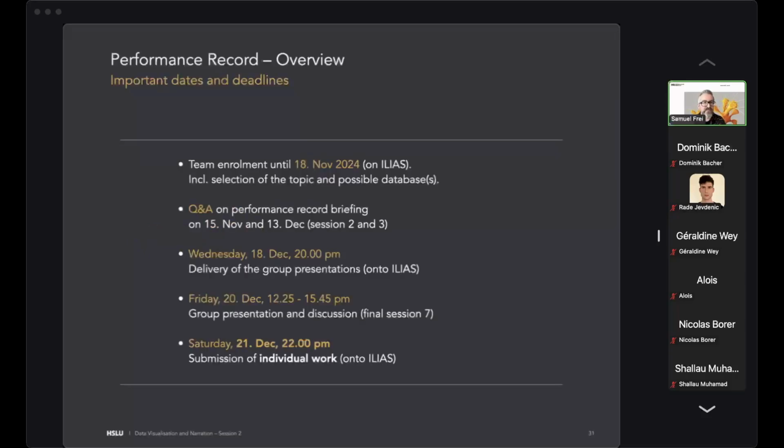Okay, fair enough. So just for reiterating, if you see here, there are all those important dates and deadlines. Until today, I think just one person actually did enrollment, and I think just one person, Vincent, already found a team. Perfect. So I think you're all set, did a great job. So no worries about that. We had the Q&A today. We will have one on 13 December as well. And then there's handing in the group presentation on Wednesday, 18 December. You have the live presentations on Friday, and then you're going to hand in or submit your individual work onto